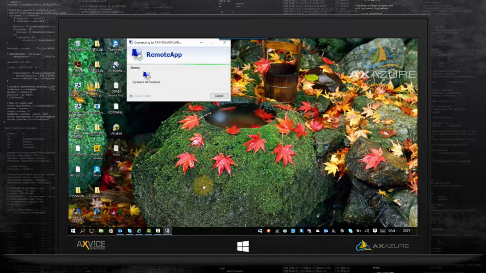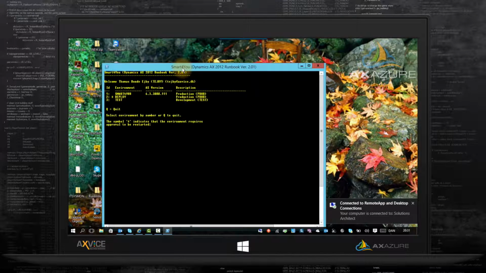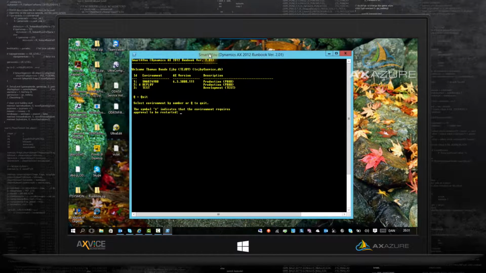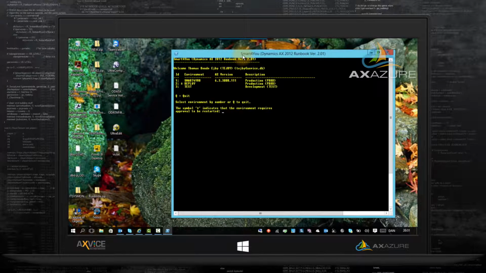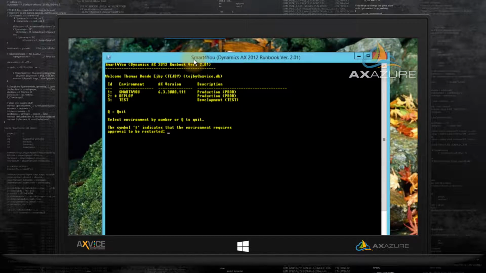Now I can open this PowerShell application several times, as normal remote apps can be opened several times. But I can also open up the runbook with several configurations. In my case, I now have 3 configurations, so basically it is 3 environments. But I could open up another runbook with another configuration file that has 3 other configurations. A typical scenario would be you have a runbook for the production environment and a runbook for the non-production environment. In this case, I have the Smart for You environment, and I have a deployment environment, some test environment.